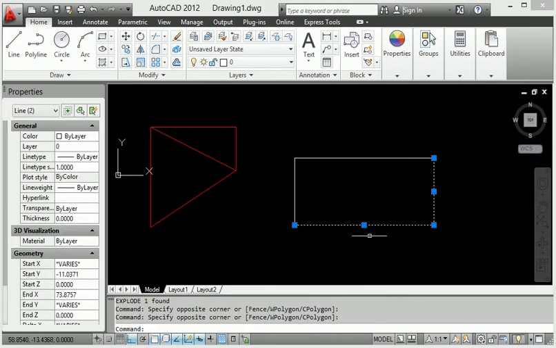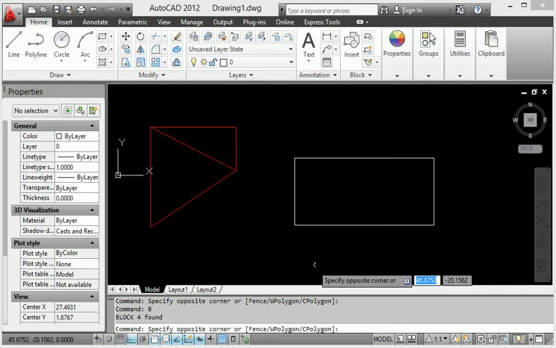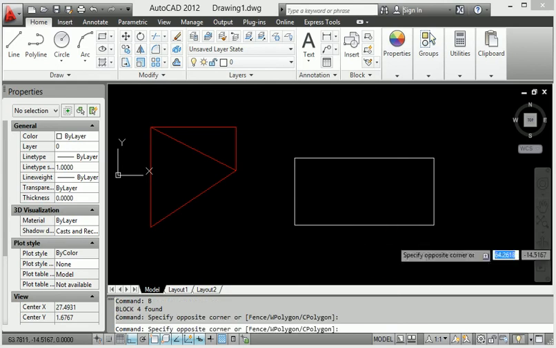When you press X enter, then each line is an individual selection. But I want this whole rectangle converted into one block definition selection. So when you click B, enter, the dialog comes up, and we will provide the name rectangle and OK.